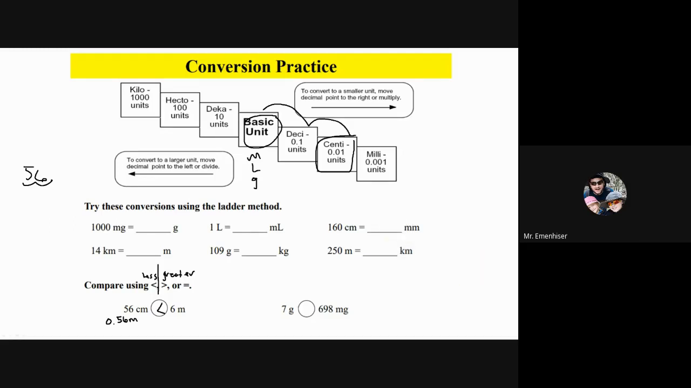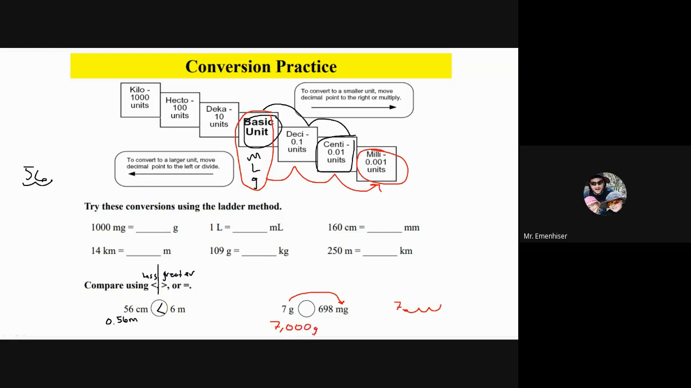So here we've got grams. We're going to convert from grams to milligrams. So here's my grams, my base unit. Here's milli right here, so we're going to go 1, 2, 3 to the left. So let's do 7. You can put 7.0. We're going to move it 3 places to the left. 1, 2, 3. That's